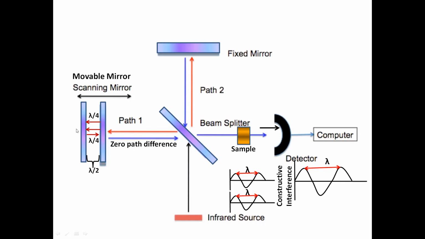How much? 1/4 of lambda. So 1/4 will move in this direction and 1/4 will come back to the original position. So total